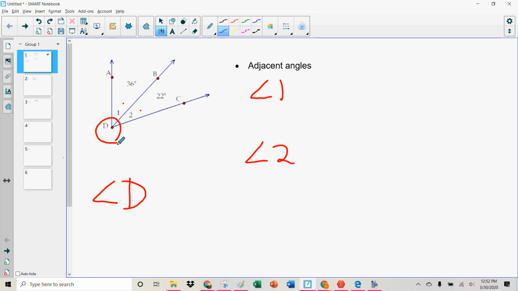However, you may notice this is ambiguous because there are two different angles, angle 1 and angle 2, that both have a vertex at point D. So we don't want to use only point D because we're not sure which angle we're talking about. So instead, we would use three letters. So angle 1 could also be called angle ADB,